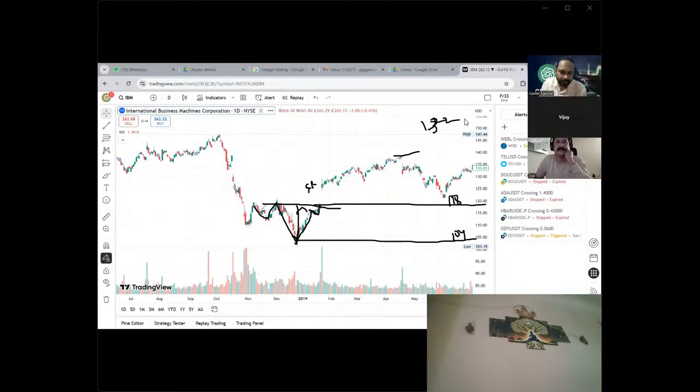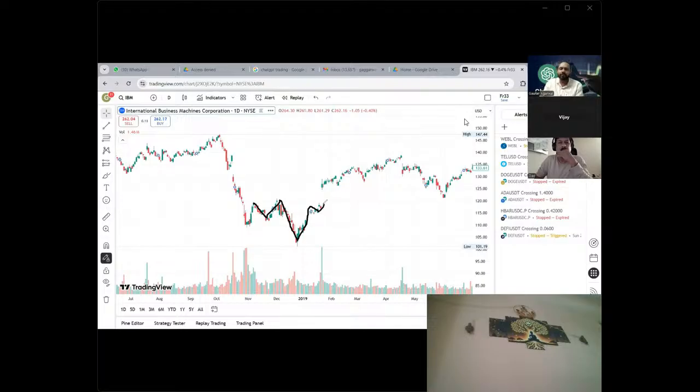As you can see, so many candles are there. Approximately 2 months it took to form this pattern. And after the pattern was formed, it opened a gap up. So most of the people who were waiting for this pattern missed this opportunity here. Yeah, exactly.